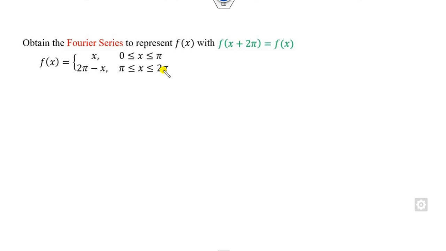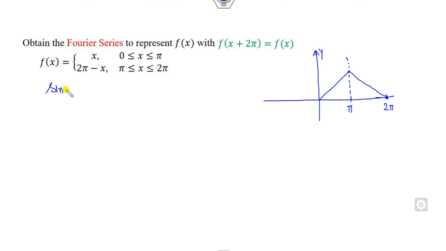Okay, look at this another one. Can you see whether it's an even function or odd function? You can draw it graphically. When from 0 to pi, it's a straight line. When from pi to 2 pi, when it's 2 pi, it's 0. When it is pi, its value is pi. So clearly this graph is symmetric about the vertical axis, that is about the y-axis. So that means you can say, since f(x) is an even function, fine, about pi.